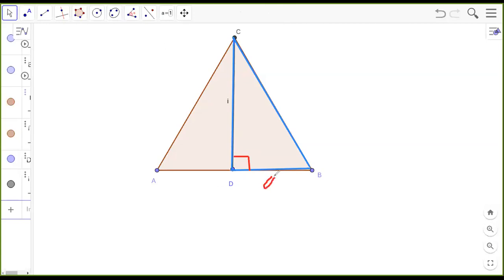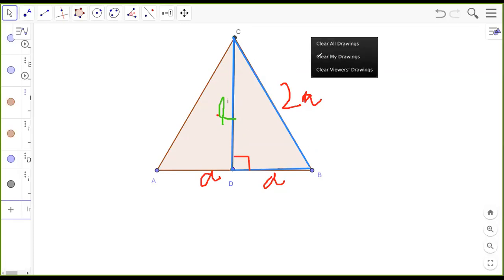If I write this as A, and this is also A, sorry, this is A, and this is 2 times A. It is given to us. Now this is the length I want. This is the altitude, say I call it the length L. Now by the Pythagoras, you can say 2A the whole square is equal to A square, that is BD square, plus L square. So L is what you want. So L square will be 2A the whole square minus A square. Now do that, you should be able to complete the problem.